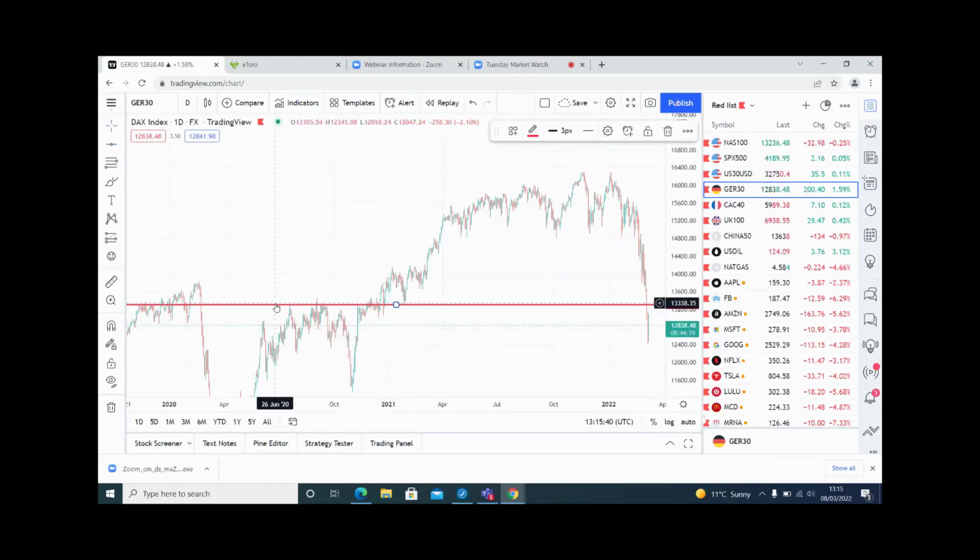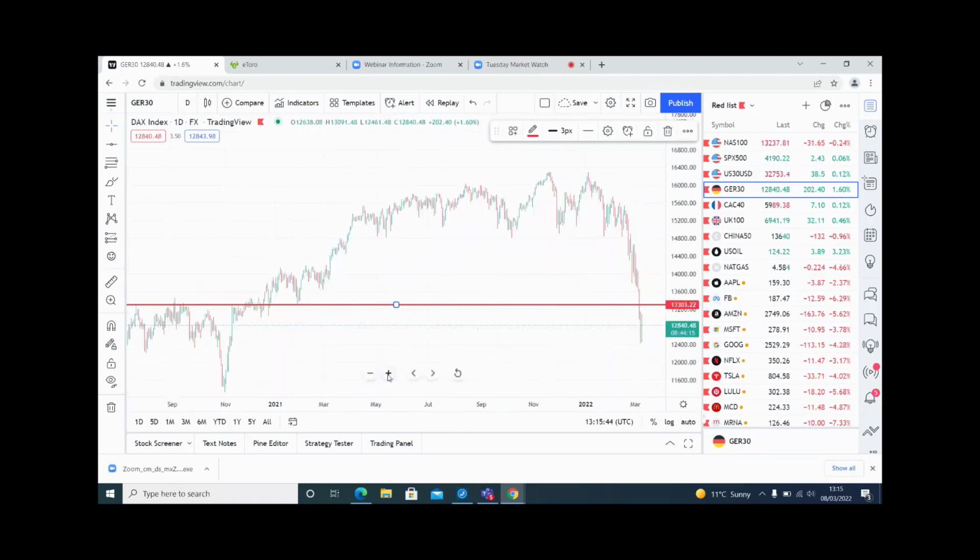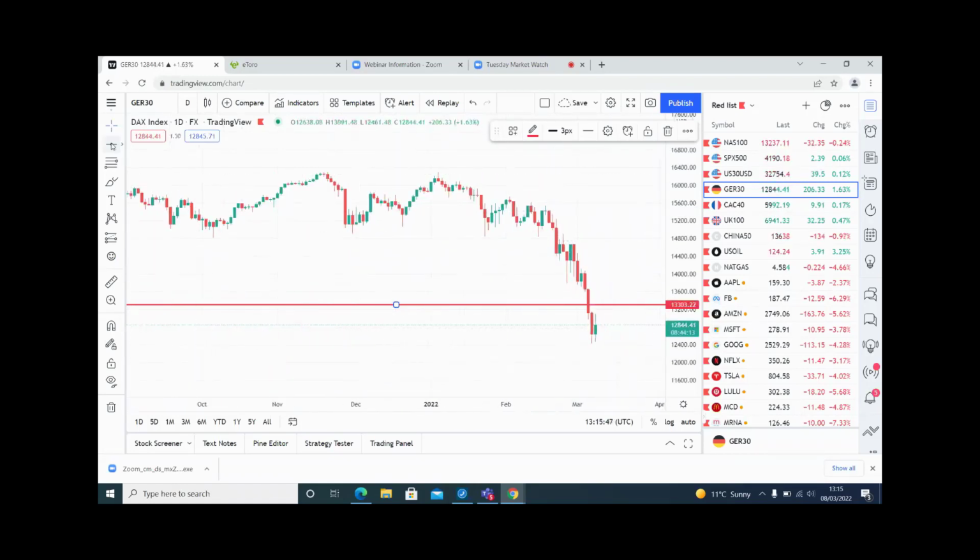So there, bounce, bounce, bounce. So if this market comes back up to that level, I will be looking to short this if that pops back up there. If that hits that level, I'll be looking to short that. Now, whether that happens on a smaller time frame or a bigger time frame, I'll be looking to short that particular one.